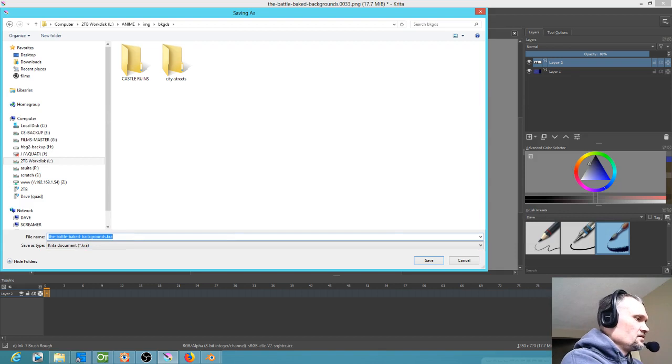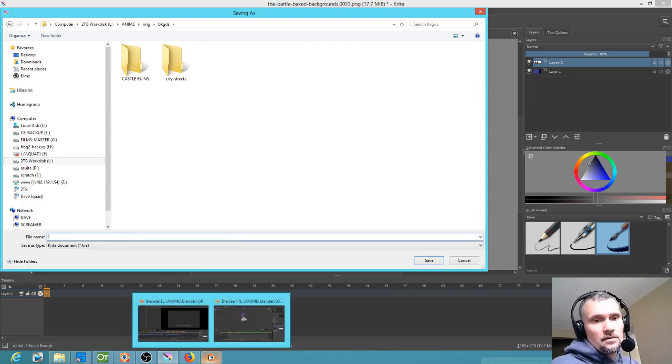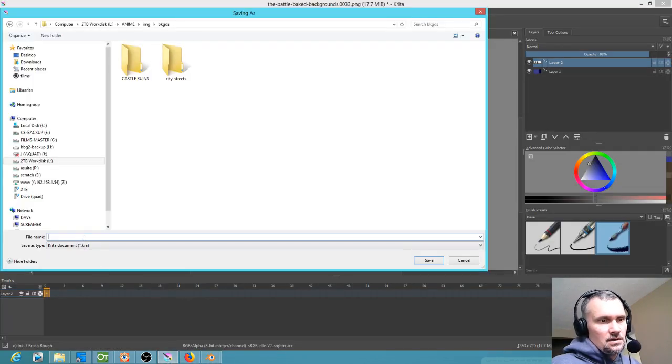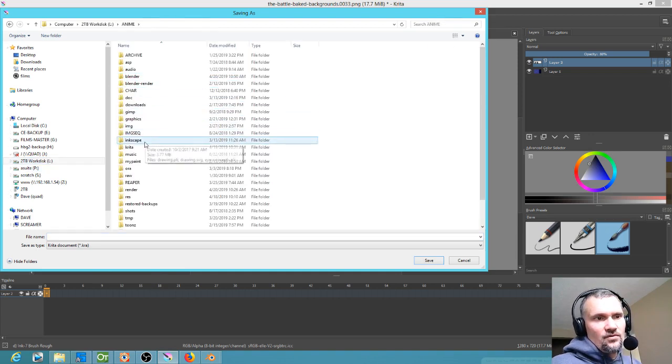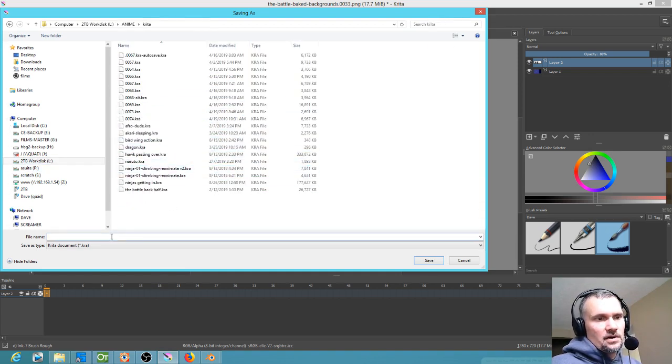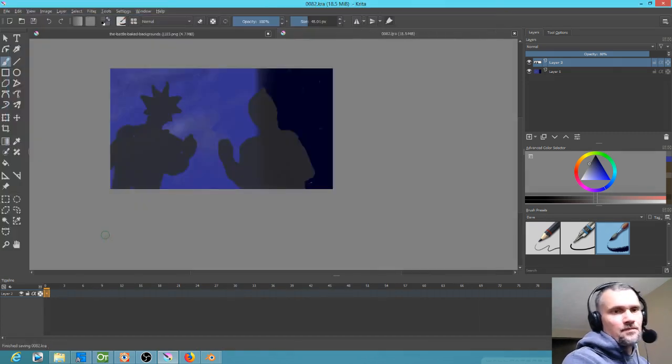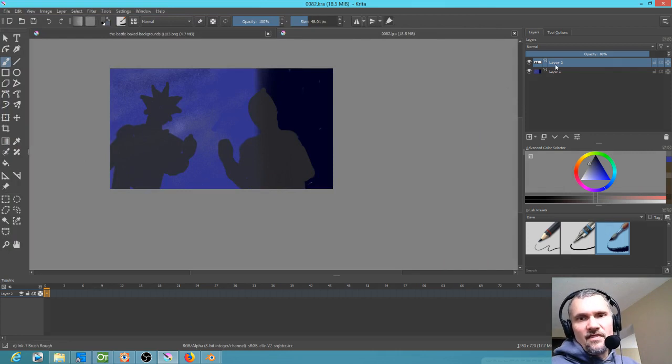So this is going to be window. Actually, you know what? We should just name this according to the shot. So if this is going to be 82, let's not fight it. And by the way, I've been putting the Krita drawings in the Krita folder, so we probably want to be consistent here. Okay, so now that we've done that, what I can do is make a duplicate of this layer